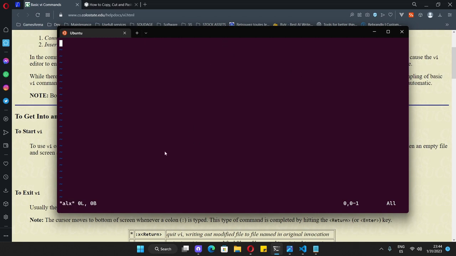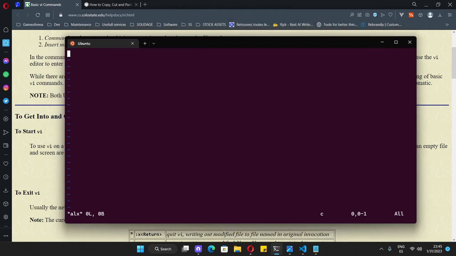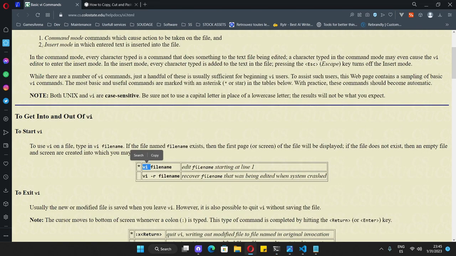But now we are in the command mode, because if we want to type, you can see it is typing here. It is not typing inside our file. It is typing here. This is the command mode. Our command will go here. If we type anything, it will type here. Okay, now to switch between modes,